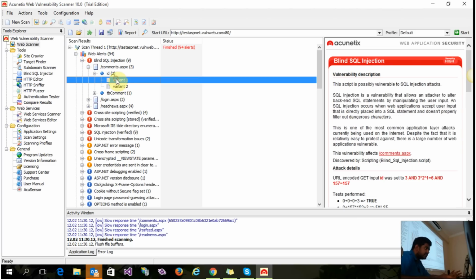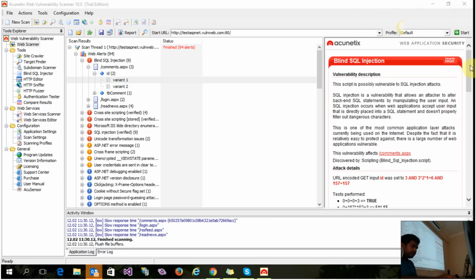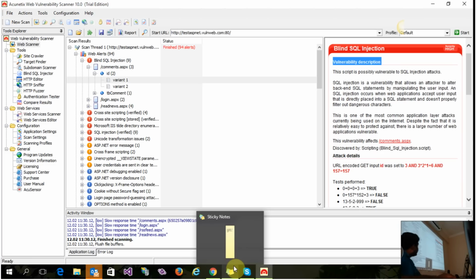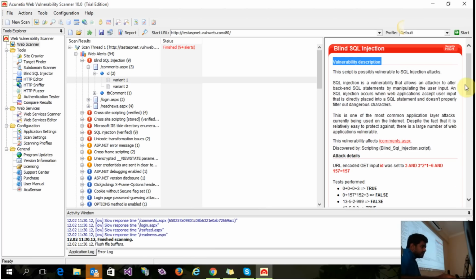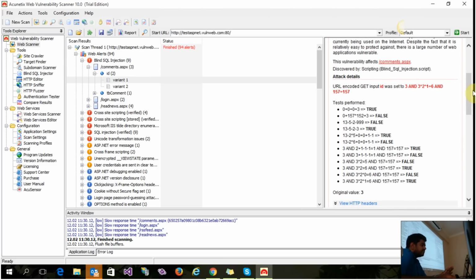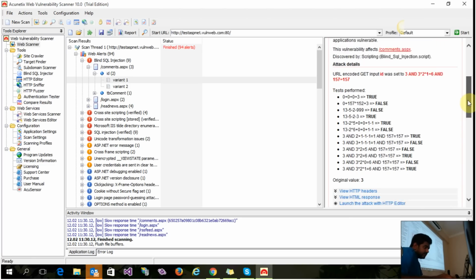When we select this one, here's the report of that exact vulnerability. Here is the description: this script is possibly vulnerable to SQL injection attacks. Here is the definition, and this is the particular attack which they launched against that particular site, and here are the details,